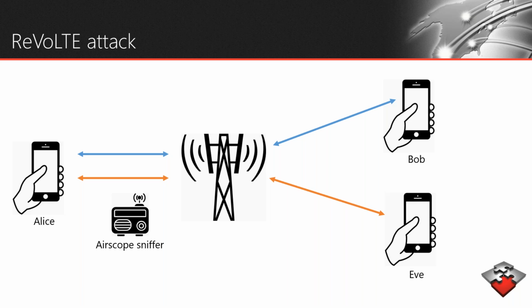The attack also requires specialized hardware to sniff the radio traffic between the base station and the user devices, and the authors estimate the cost for such equipment at only $7,000 US, which puts this attack within the realm of possibility for a wide range of attacker types and not just state-sponsored APTs.